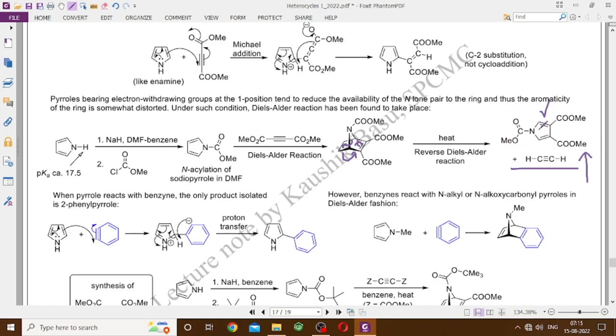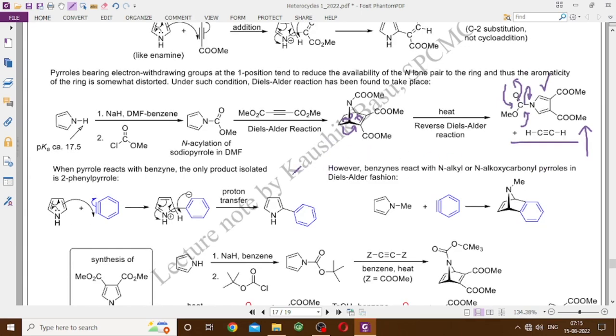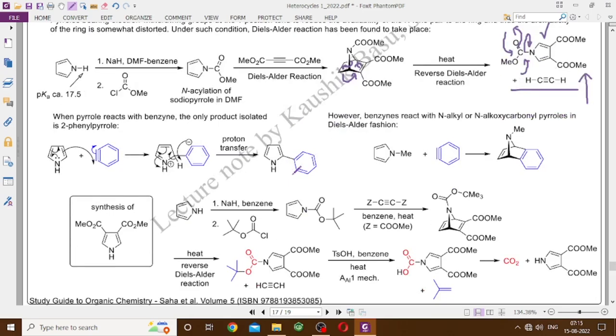And this being a carbamate, because if you look at this linkage, this is like half amide, half ester. This is a carbamate linkage. It will very readily undergo base hydrolysis to release the corresponding pyrrole derivative when you subject it to proper hydrolytic conditions. When pyrrole reacts with